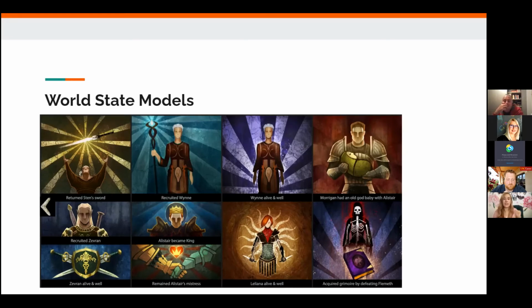One, it calls out the choices that matter. Not every choice you make in Dragon Age Origins and Dragon Age 2, I guess, I think that's all it's called, actually matters. The Tapestry tells you exactly what matters and what doesn't matter and what it imports into the latest game. So it kind of calls it out explicitly.